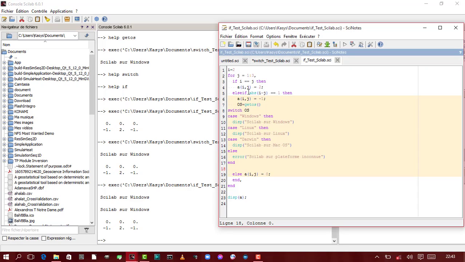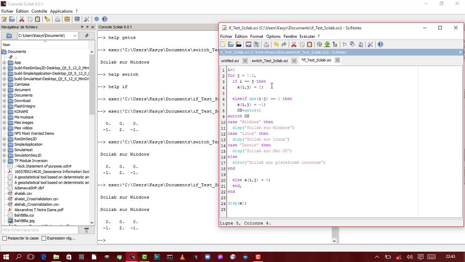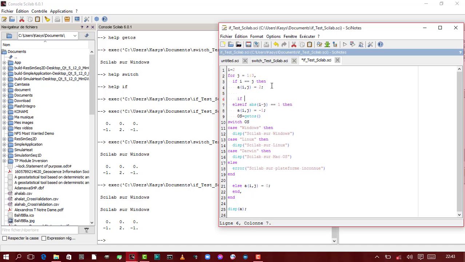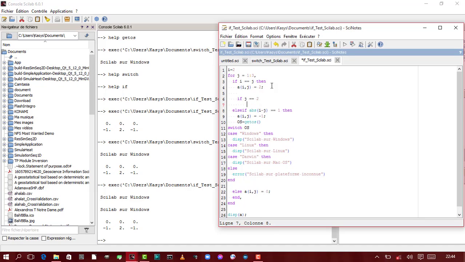It just depends on what you really want to do, okay? You can put another if into a first if. If I want, for example, to add another if here, I can do that. I can definitely say, for example, if g is equal, for example, to 2, okay,